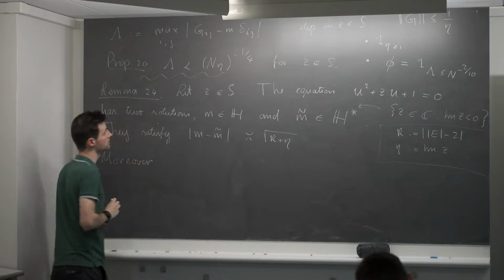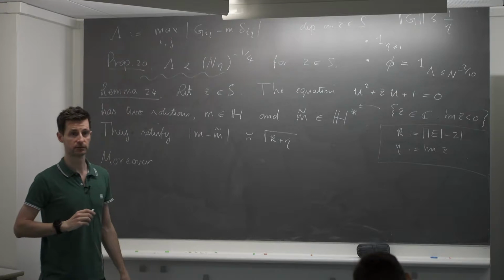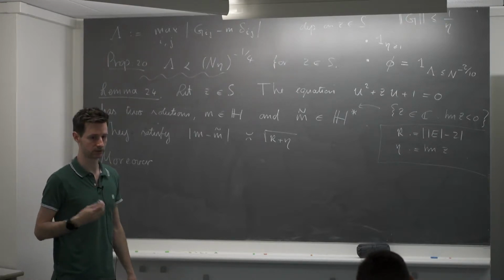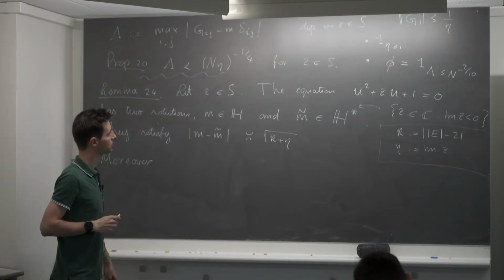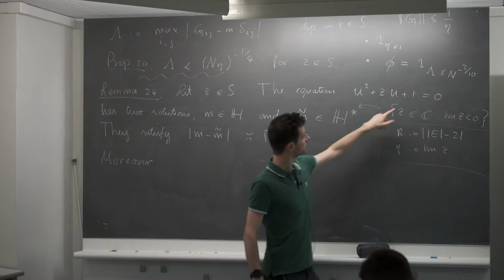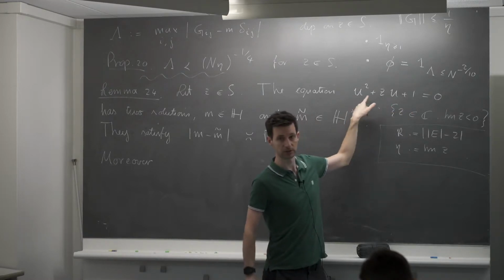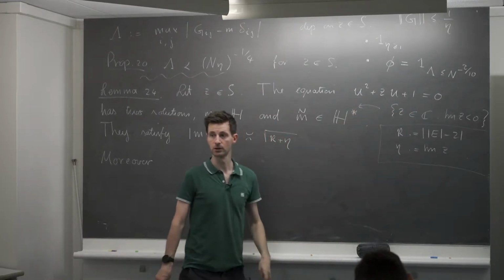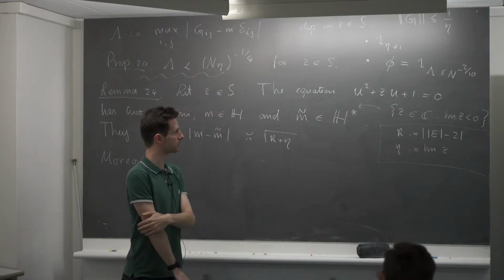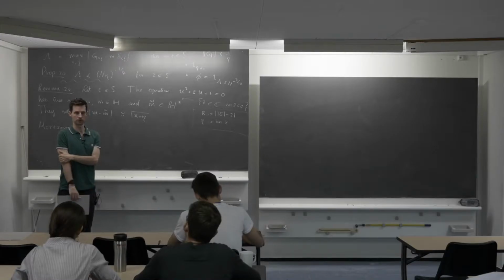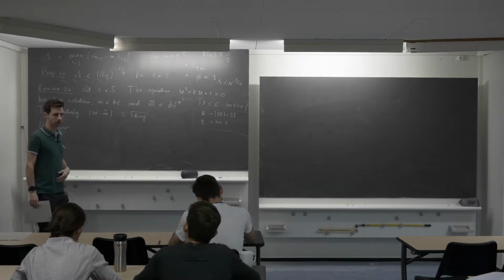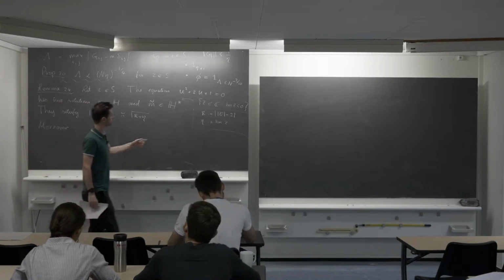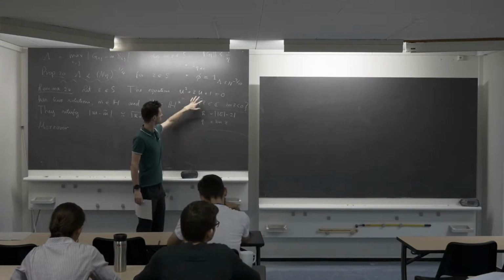And then the next statement is the so-called stability of the self-consistent equation, which is one of the major topics in many, many arguments in random matrix theory. This is the simplest instance of such an argument. The question is, if I have a quadratic equation with some coefficients, and I change the coefficients a bit, what happens to the roots? Now, I think you've all seen in some class that solutions of polynomials are continuous in the coefficients. This is a qualitative statement about topology. Here we need something quantitative. So it's not enough to say that as you vary z, these solutions are continuous.